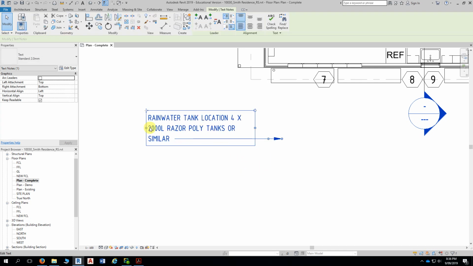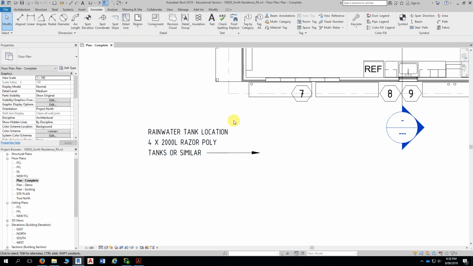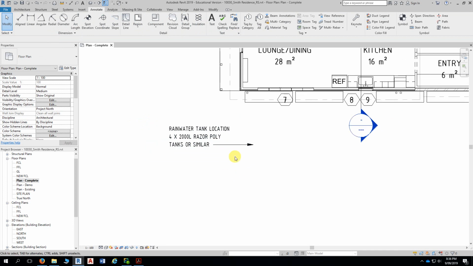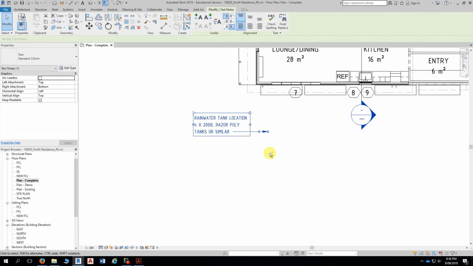And again, just adjust the note like so, and then in this case the note itself, if I nudge that out and slightly down to about there,